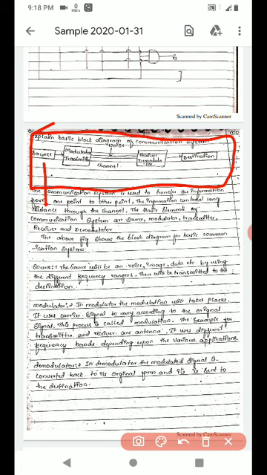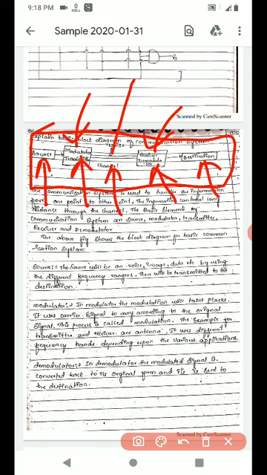These are: source, then modulator, then transmitter, channel, receiver, demodulator, and last one is destination. In between the channel, the noise will be added. Okay, this is all about the block diagram of communication system.